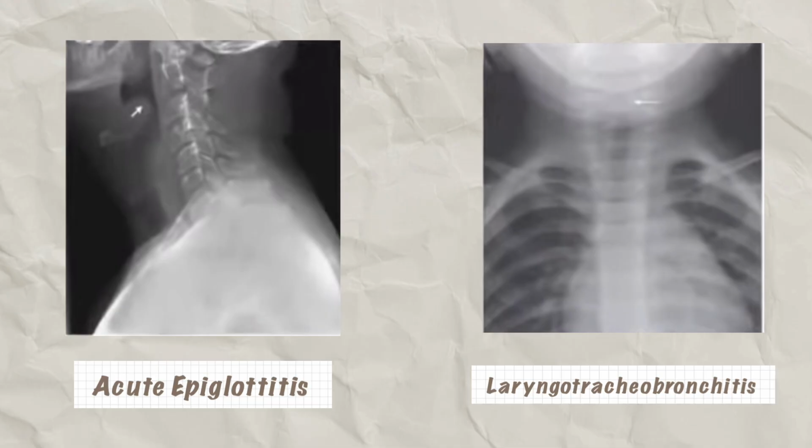The patient looks toxic and prefers to sit leaning forward, that is, the tripod position, which helps them breathe better. Lateral neck X-ray reveals a characteristic thickening of the epiglottis, known as the thumbprint sign. Maneuvering of the oropharynx or larynx is not advised as it may precipitate fatal laryngospasm. Rapid airway management is crucial and includes intubation by skilled personnel or rigid bronchoscopy followed by tracheotomy.